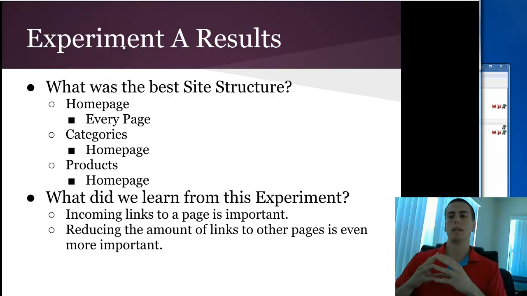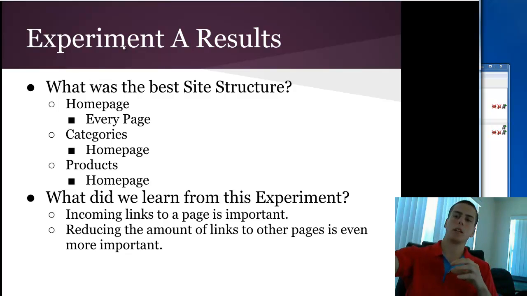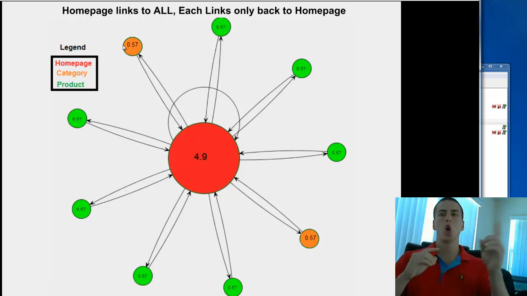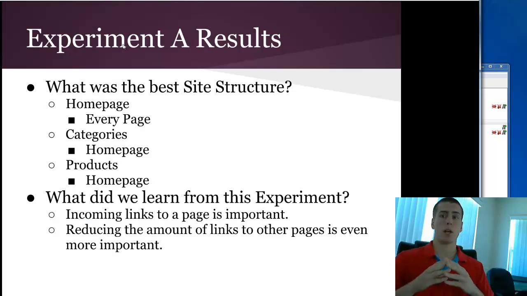This setup worked because we got a lot of incoming links coming to the home page, and all of the other pages on the website only linked back to the homepage. So the homepage was kind of the center of the PR. There were no other links on the site getting incoming links other than from the homepage. So this allowed the homepage to just soak up a ton of PR. So once again, the homepage links to every page, and the categories and the products just link back to the